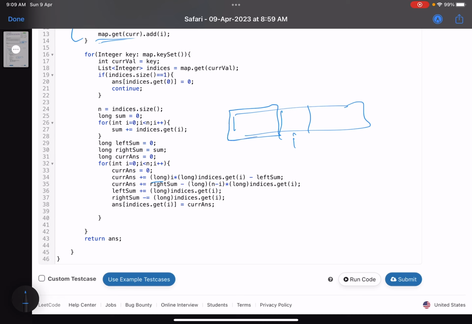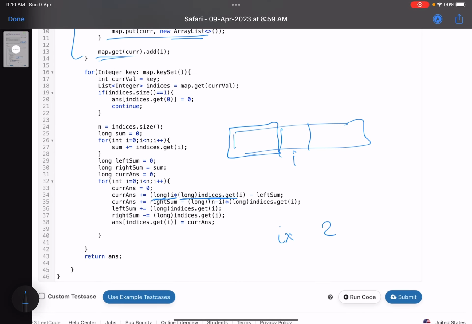So it is i, that is the number of elements on my left hand side, into the contribution from the current element. So i into, you remember I wrote 2 into k, so this 2 is the number of elements I have on my left hand side, and k is the current index, minus left sum.